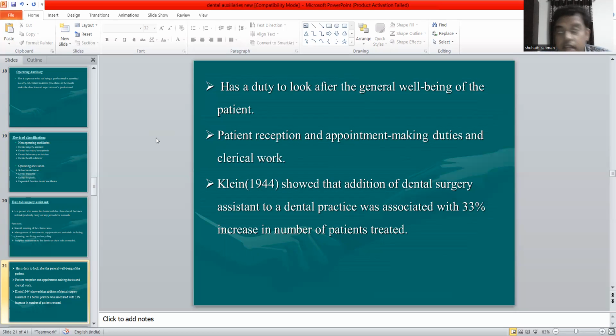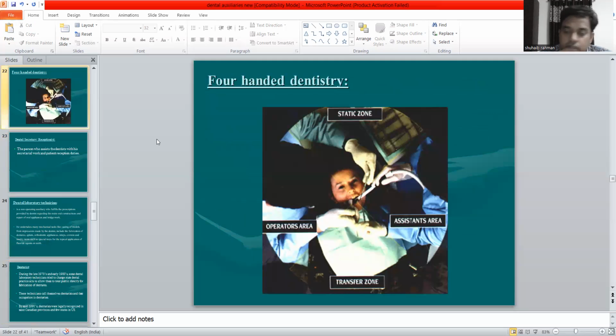And they raised a new concept called four-handed dentistry. This is what four-handed dentistry is. The patient is positioned and the doctor is going to sit on the right side if the doctor is a right-handed person, and the assistant is going to be on the left side of the patient. So she can hold the suction, pass the instruments, show the x-rays, and give any materials which are mixed to the doctor, and he can easily place them. So almost four hands are working on a particular patient, which will save a lot of time.